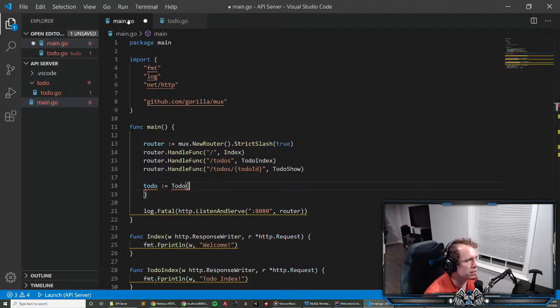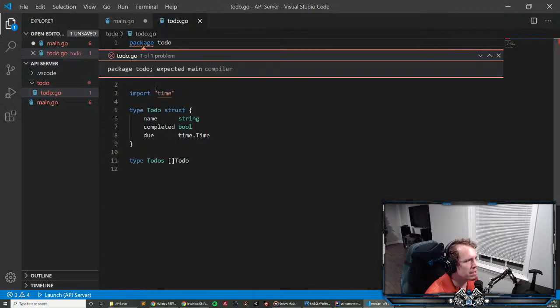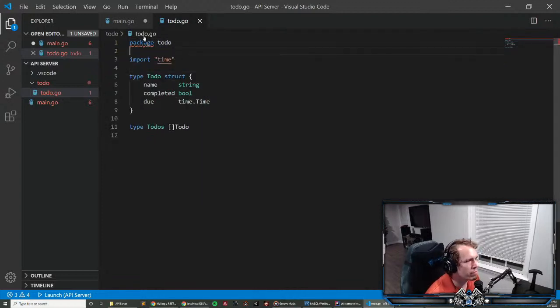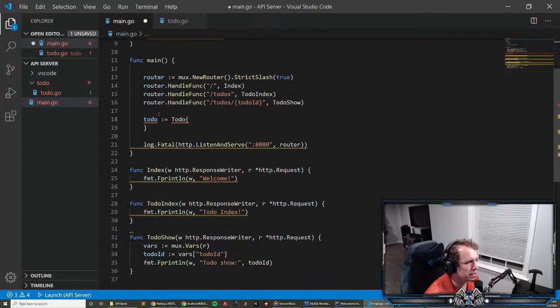I guess just a to-do, right? Yeah, so this is capitalized. Wait, what? Expected main compiler. There may be some linking that I would have to do to make this happen. But